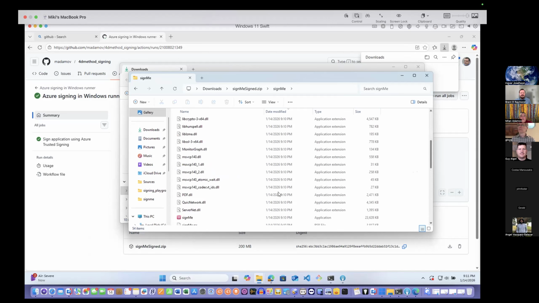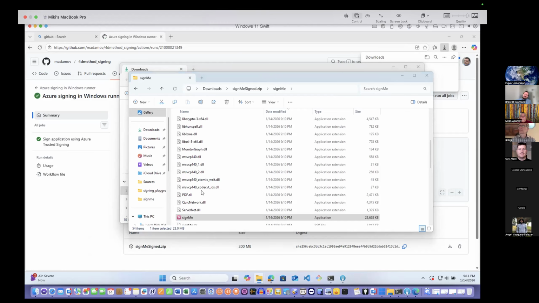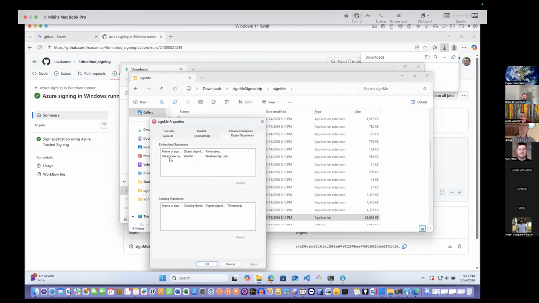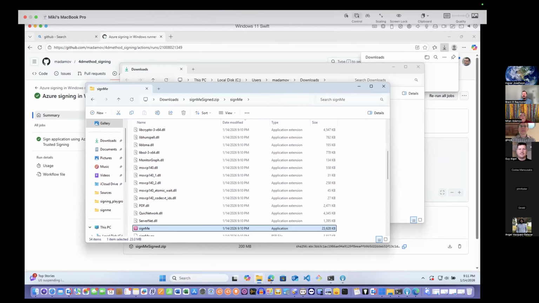Yeah. So, okay, so this is the sign me from GitHub Actions. Digital signature, and there it is again. I think we're going to be seeing more and more of those digital signature requirements on Windows, aren't we? Oh yeah, it happened to me with one local client.